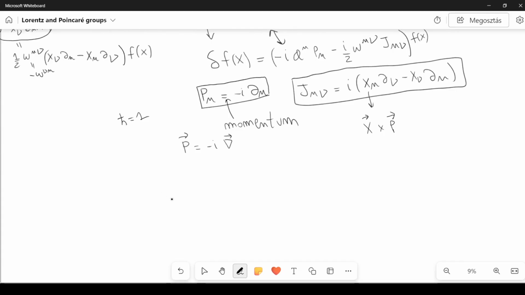Now I will not do the computations here directly, but they are quite easy to handle if you know how to handle tensors. You can check that if we compute a commutator, and the commutator, for example, between two operators A and B is simply defined to be AB minus BA, which is of course not the same, so it is not equal to 0 if A and B are operators. It would be 0 only if A and B are scalars or if they commute. If these operators commute, it means that the order is not important and we can write AB equal to BA only if they commute. So in general, this is not true.